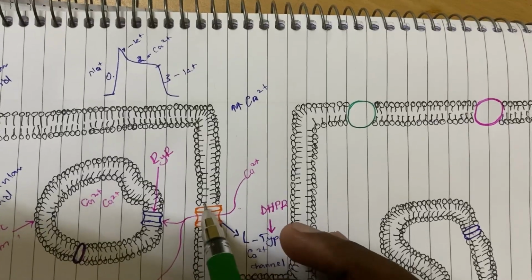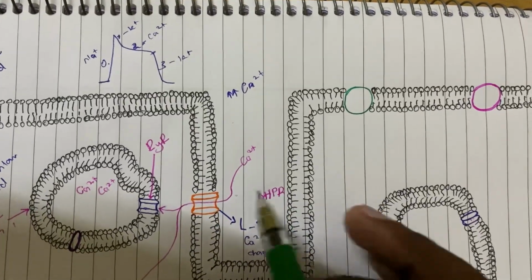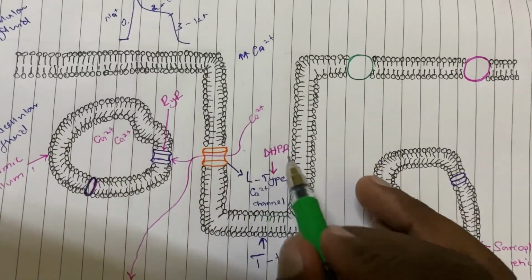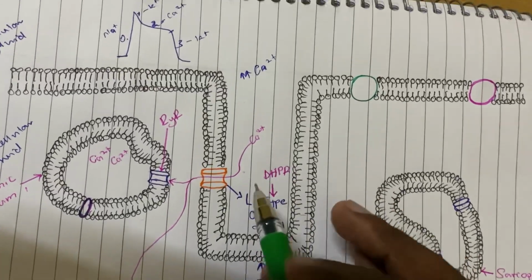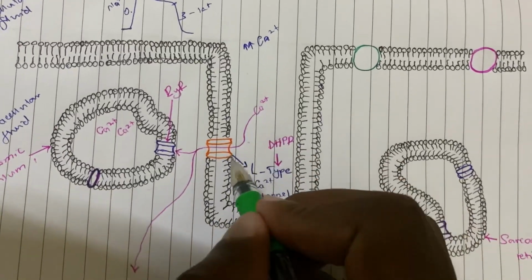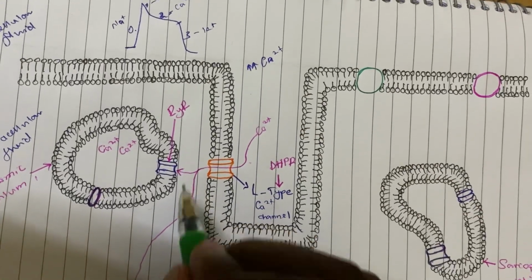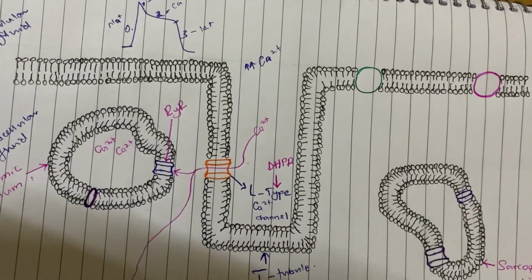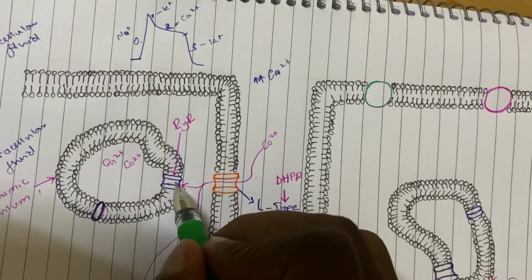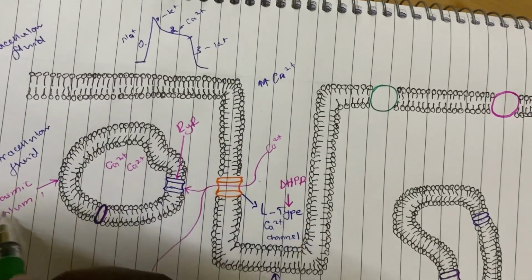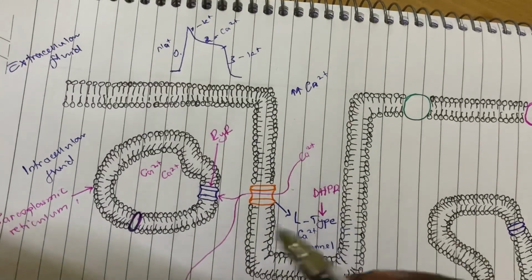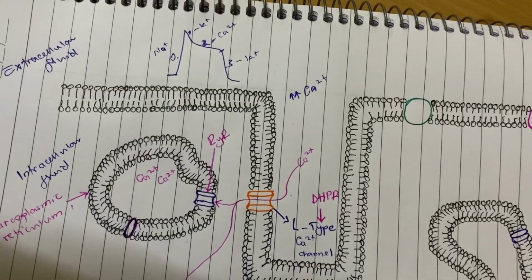Depolarization opens the voltage-gated L-type calcium channels, which you can write as dihydropyridine receptor. The result is entry of calcium from extracellular fluid to intracellular fluid. Calcium entering the intracellular fluid interacts with the ryanodine receptor on the sarcoplasmic reticulum,